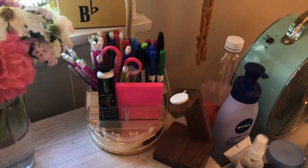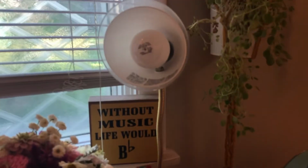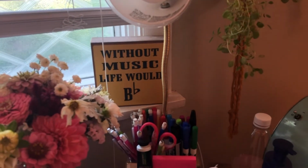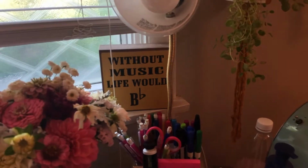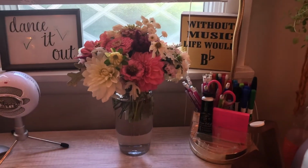So yeah, here is my little lamp. I literally have had this since freshman year. I have no idea where it's from. I want to guess and say Bed Bath & Beyond, but I'm not certain. And then this is "Without music, life would be flat," because I'm a music major and my mother thinks